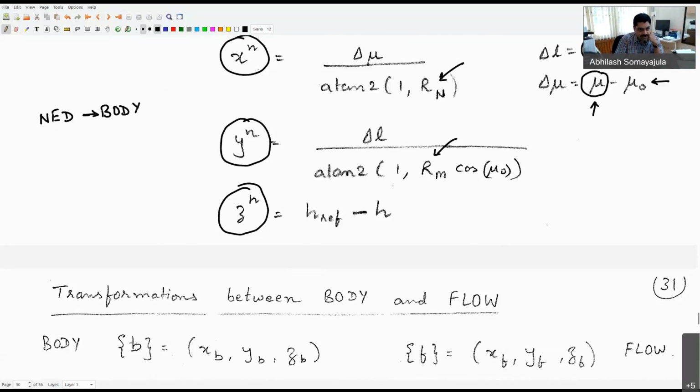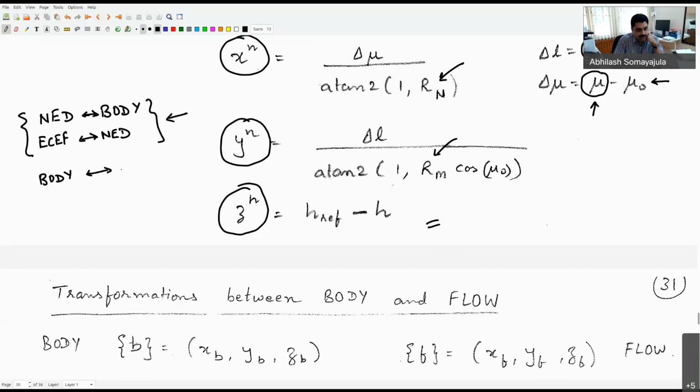So we looked both ways. Then we also looked at Earth-centered, Earth-fixed frame to the NED frame. How does the transformation occur? And these two is what we have been looking at in all the previous lectures, up till what we saw just now. Now, the only last thing which we want to look at is between the body frame